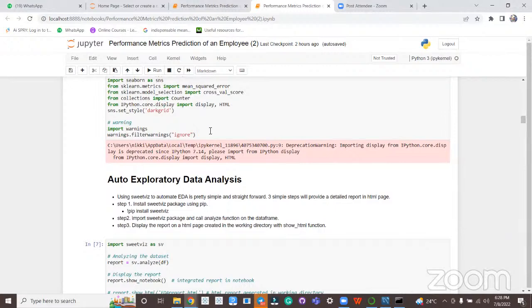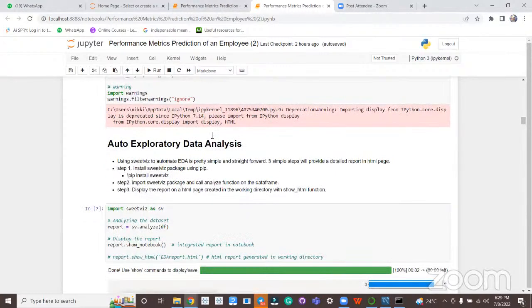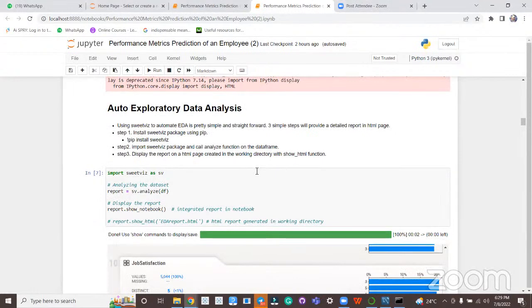Then in order to do the EDA, as we mentioned, the auto EDA technique was used. For demonstration purposes, you can see SweetViz is the library that is being shown. It's a very simple library.